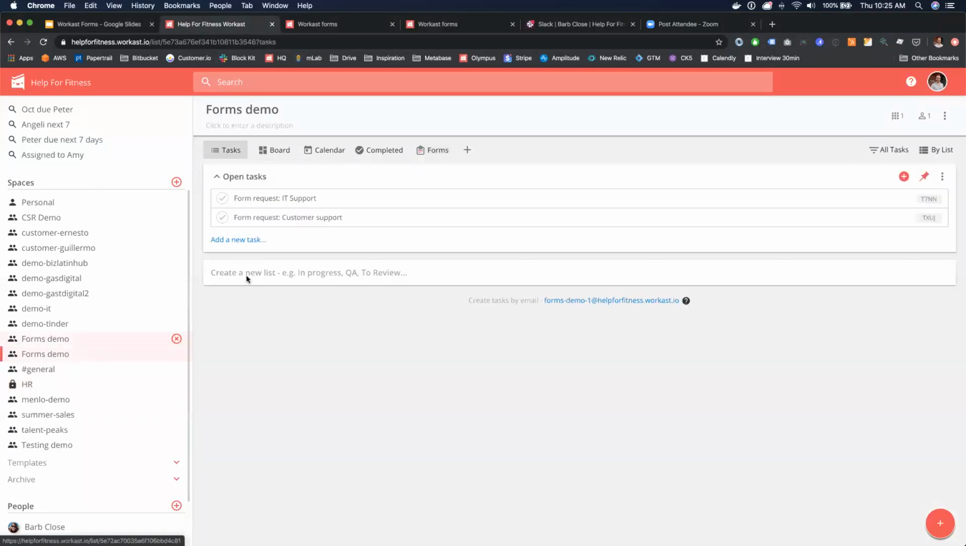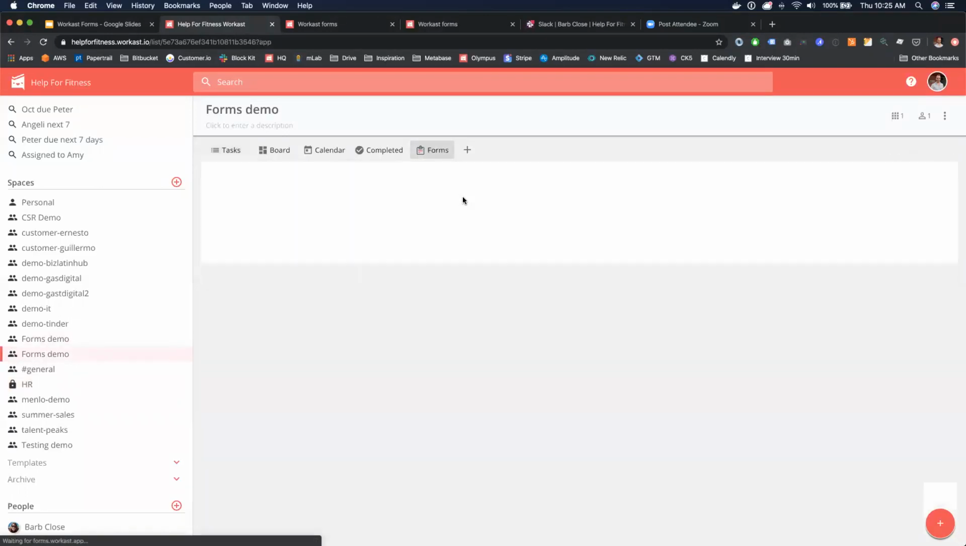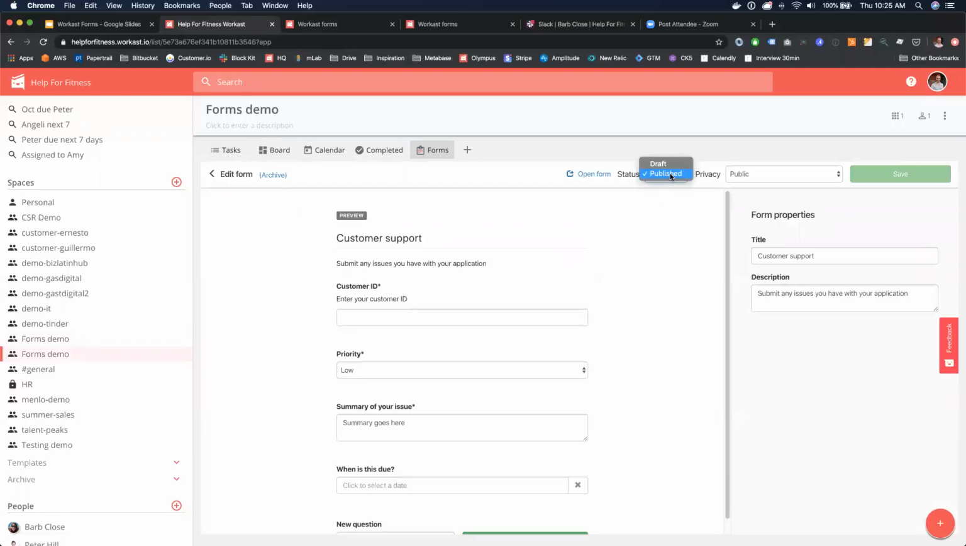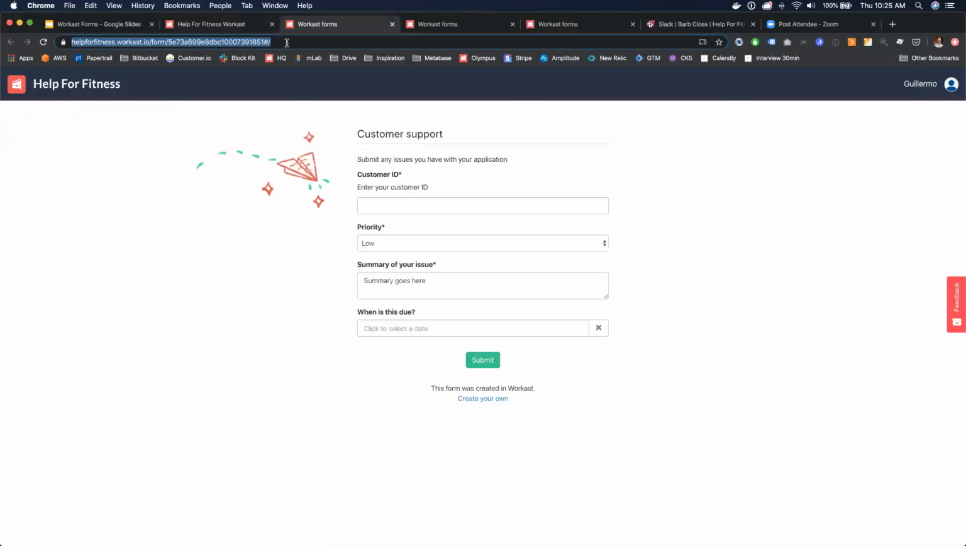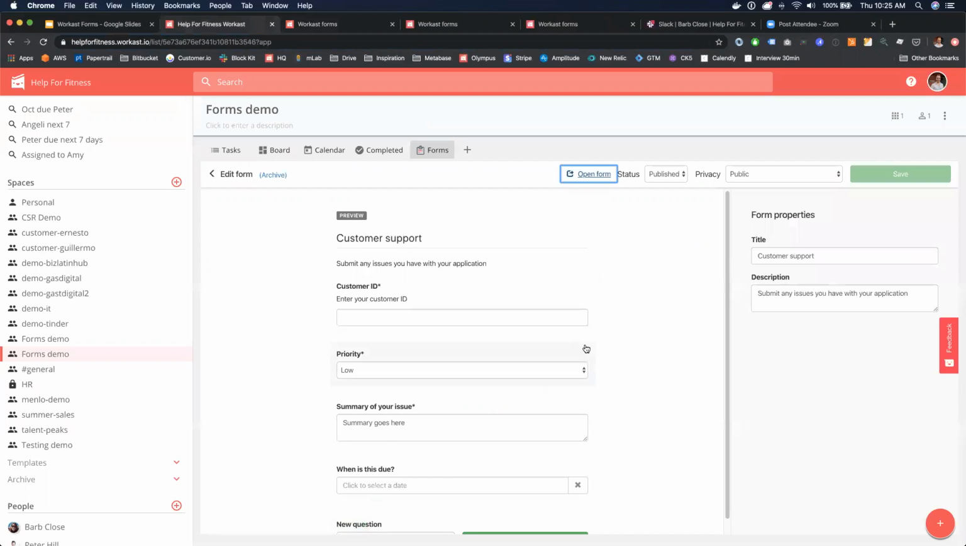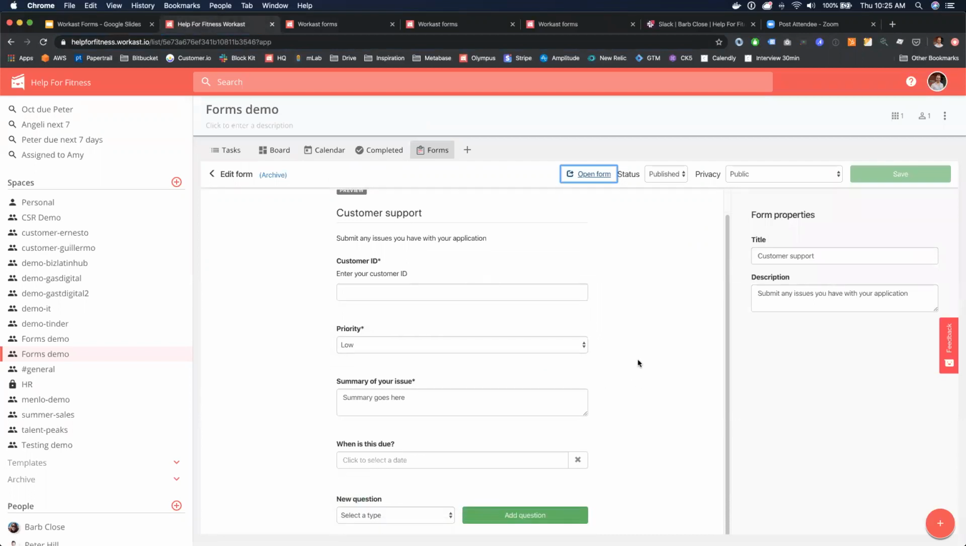We have the customer support form. And let's say that I'm going to turn this form into a draft. And then we make some changes, and then we end up publishing the form again. The form link will always be the same. So even if you make changes to the form, even if you add new questions, even if you remove questions from the form, the link will always stay the same,